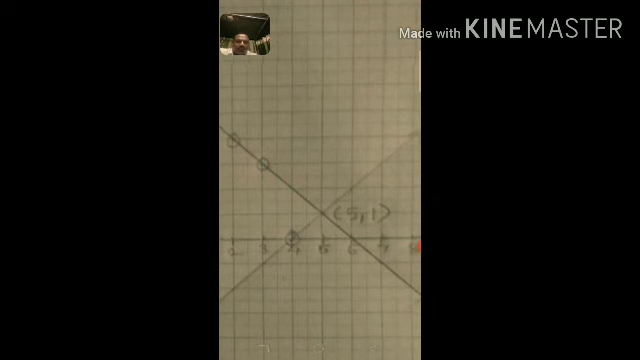Then the third point is 4, 2, +4 for the x-axis, and +2 for the